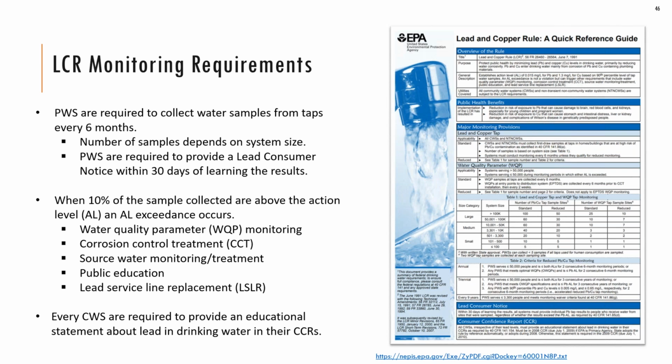Water quality samples are usually taken at the tap throughout the distribution system, as well as entry points to the distribution system, which serve as source water monitoring. Source water monitoring results can tell water systems how much source water contributes to the lead and copper concentration, and whether source water treatment is necessary. Because as I mentioned before, lead and copper generally come from plumbing material, but there are cases where lead and copper can be found within the groundwater source.